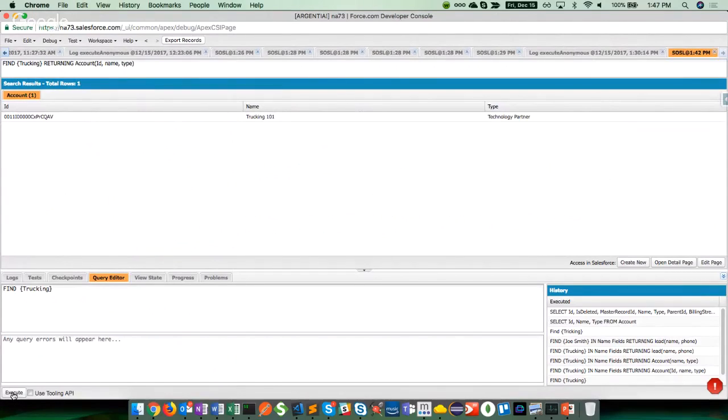All right. So when I search for find trucking, notice up here we have these tabs. So what do you guys think would happen if we were in Apex and we did find trucking? What data type would we get back? Set, yeah, map, maybe. No. Oh, list. A map of list of